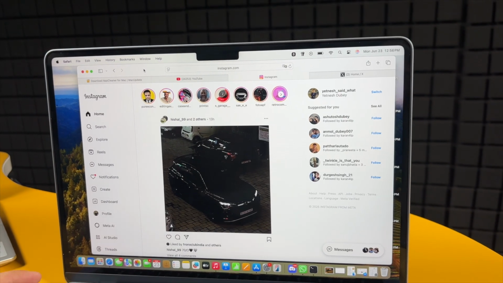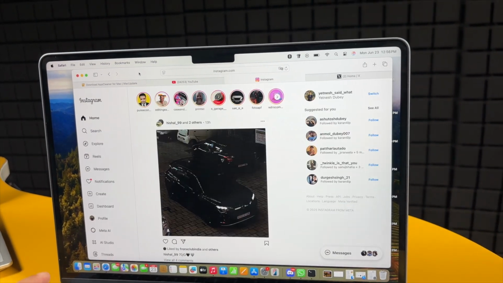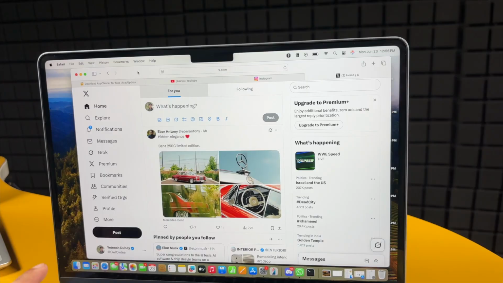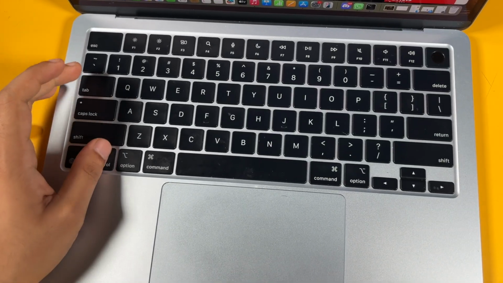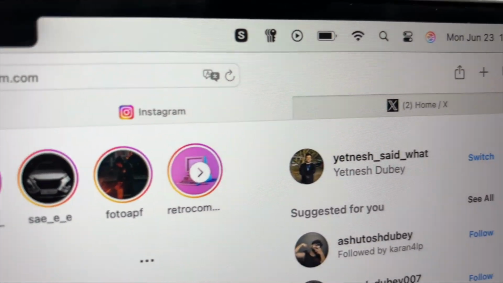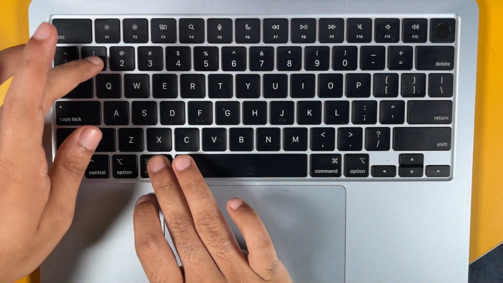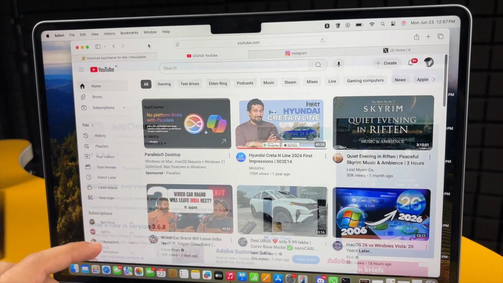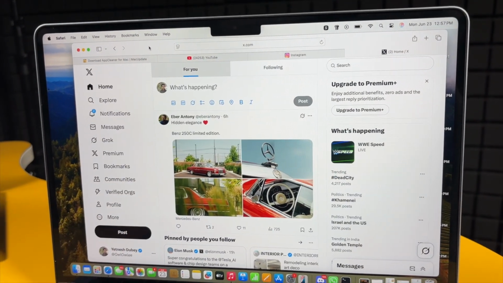At number 14, if you have Safari open and if you want to navigate to different tabs quickly, just press Ctrl plus Tab. Similarly, if you want to travel to any specific tab from number 1 to 9, then simply press Command followed by the order number of the tab from 1 to 9 and you will automatically go there directly.